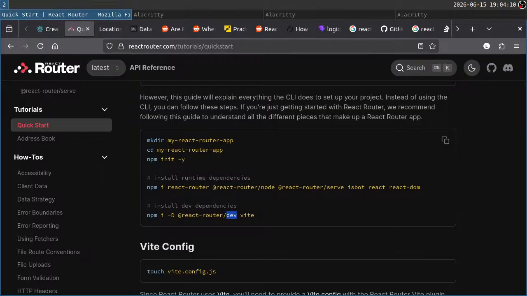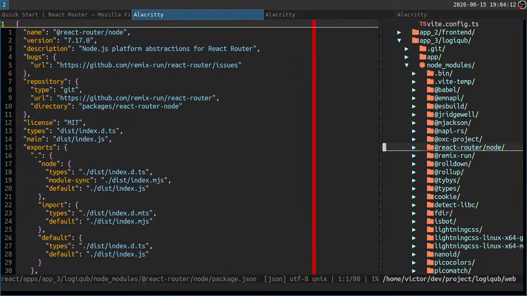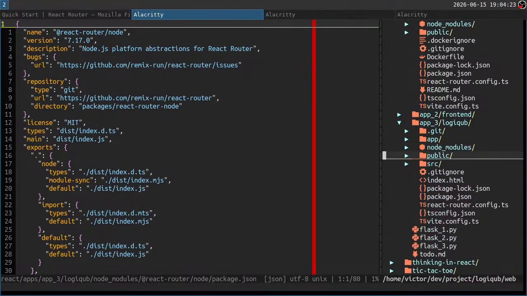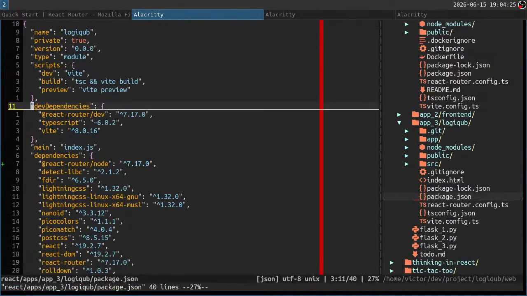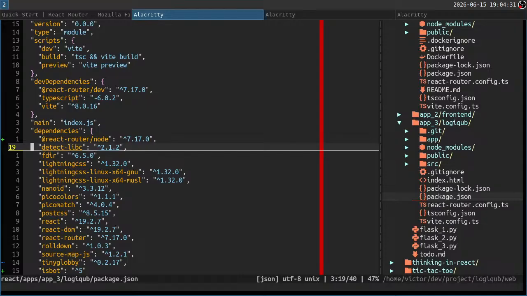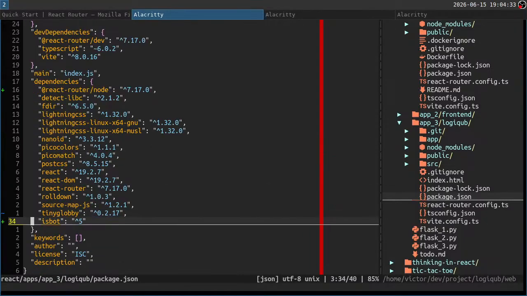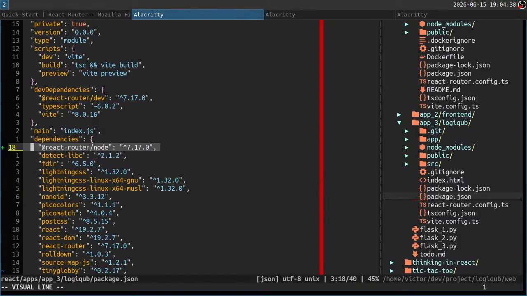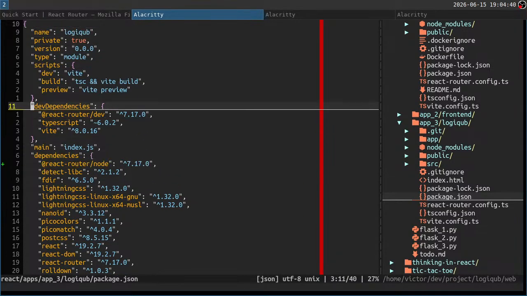Is that what it's saying? But I did install it. Ah, this is annoying. Let's see. It's there. We added this, and this is already